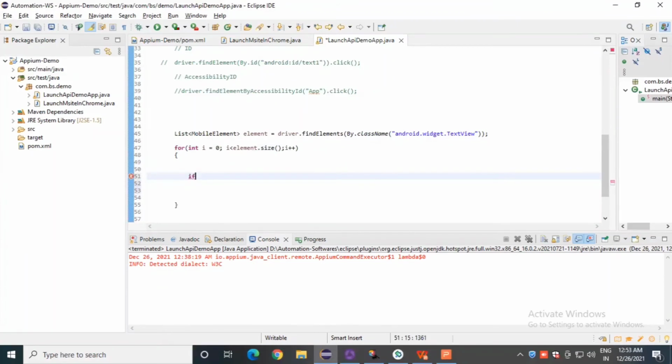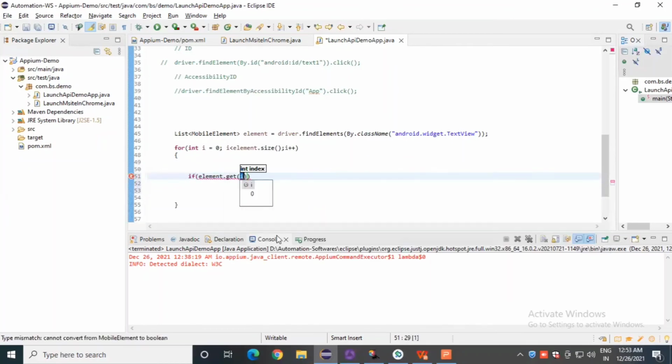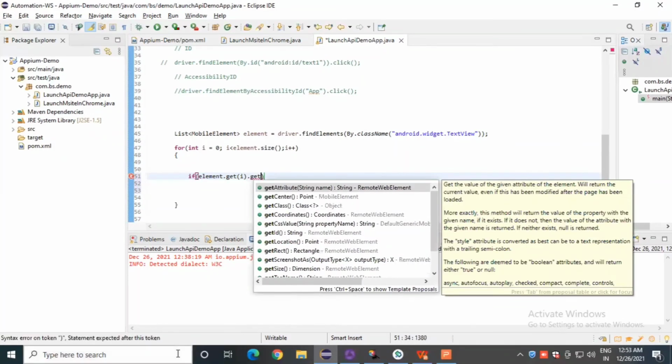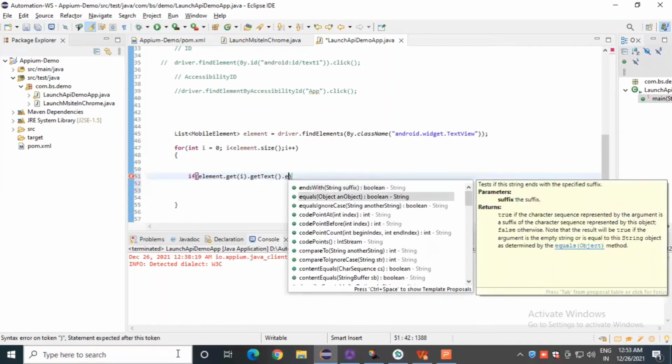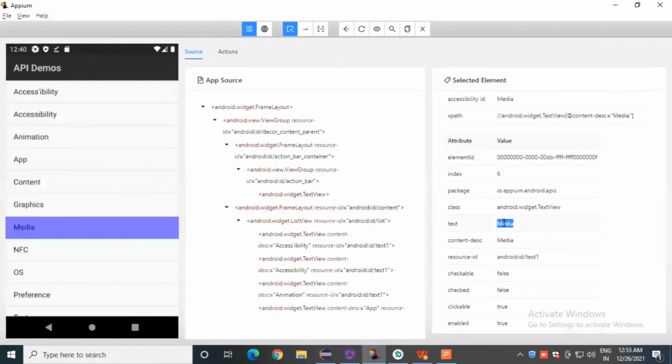If this element list dot get i dot get text dot equals, okay, dot equals this media.